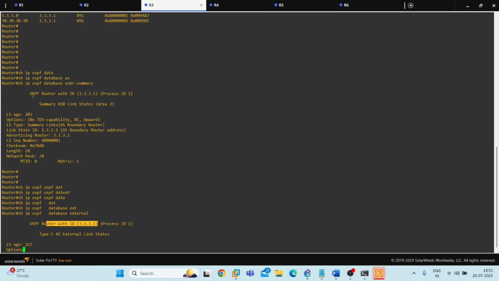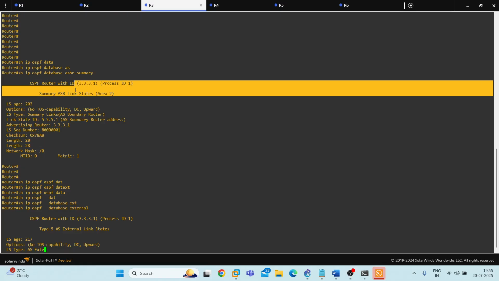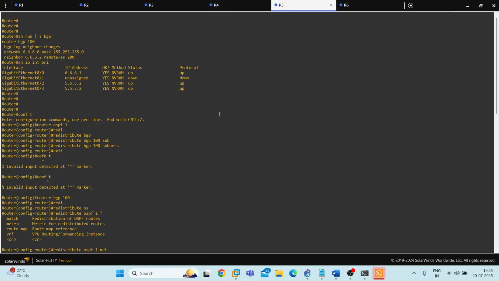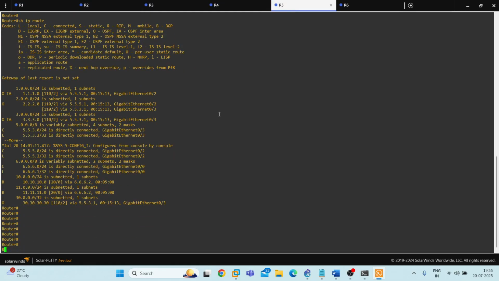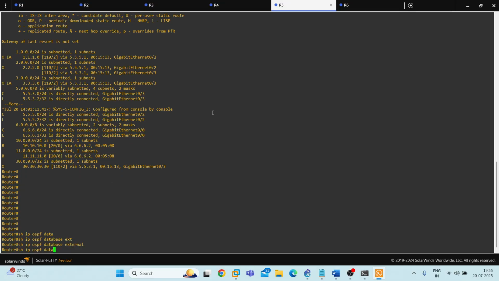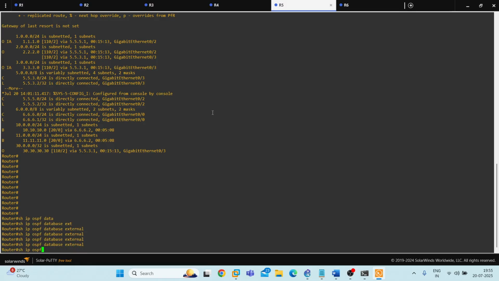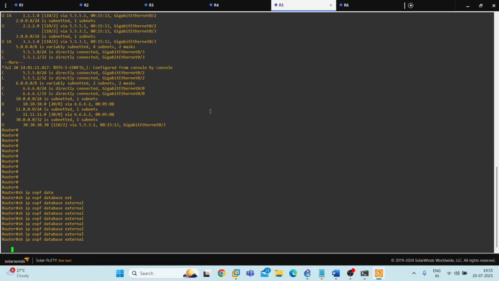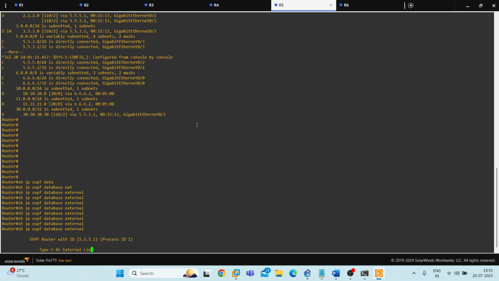It will mention actually whether it is type 4 LSA or type 5 LSA. Similarly, if I go into R5, I can type the same command, show ip ospf database external. Here you can see